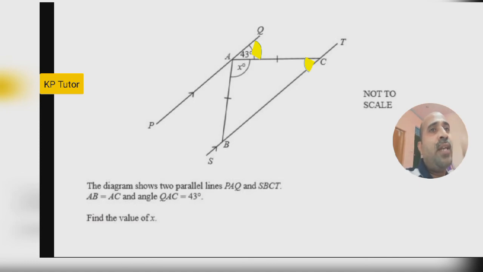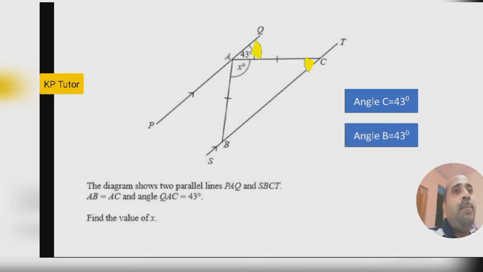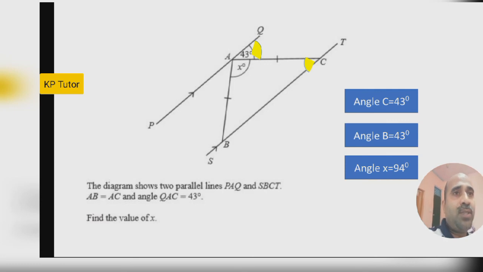So how can we find the x value? Angle C we already got as 43 degrees. Then what about angle B? Also 43. But what is the reason angle B is 43? Triangle ABC is an isosceles triangle. In the diagram both sides are equal, so it is isosceles. In an isosceles triangle, base angles are equal, so angle B is also 43. Then we can easily find x equal to 180, you know that for a triangle, no need to explain again, right? You have to do some mental work. 180 minus 43 minus 43, the answer is 94.